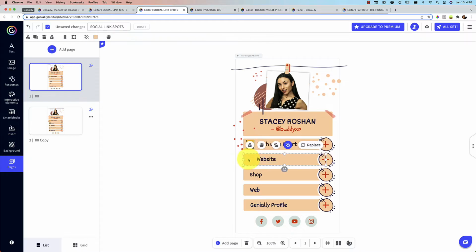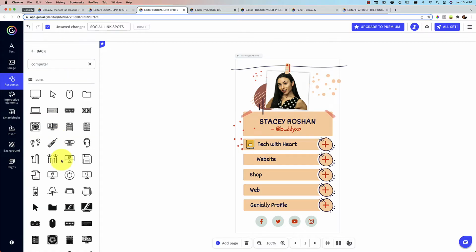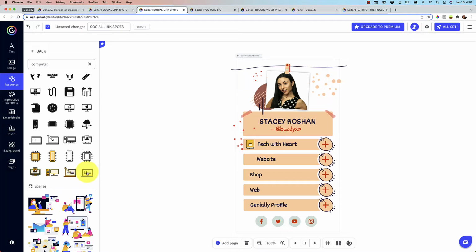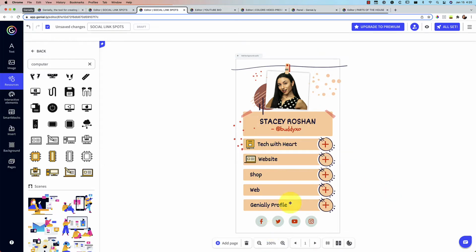Then I'm gonna add another icon here. So I decided to go to resources and I just searched for computer and I wanted to use that same kind of theme. So I chose this guy and then just pull it in, and now you'll really see I want to line up in the center here, so you can see those snap grids are going to come very in handy. I'm going to go center and center it here too. Boom. And this is actually a little bit too close there. So you see how you would fill in the rest.